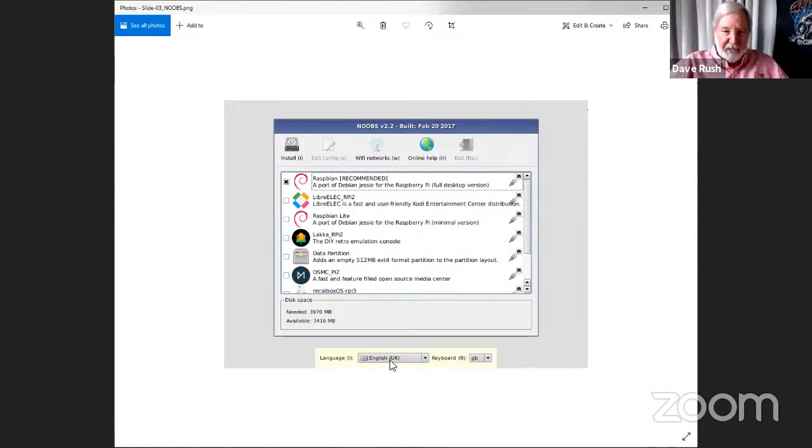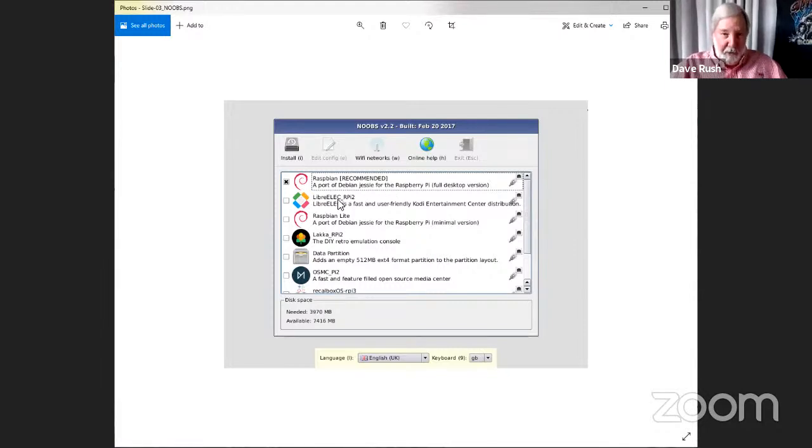The next thing to do is head down to the bottom of the page and configure your language and keyboard. If you pick English US, it will automatically set the keyboard to a US keyboard. I don't know what selecting other countries will do. I know that if you leave this at English UK, the installation will presume you've got an English language, and it will spell color with a U for some weird reason, and use an English keyboard, as in from England.